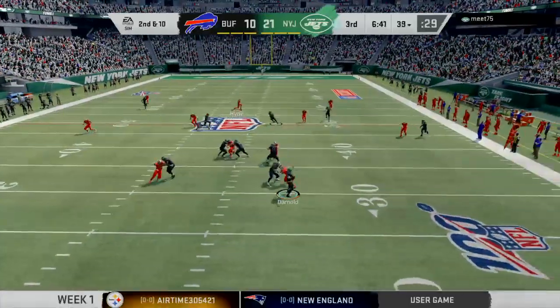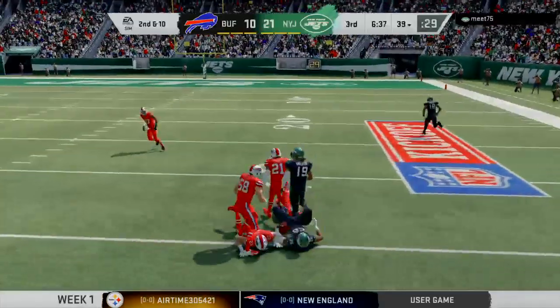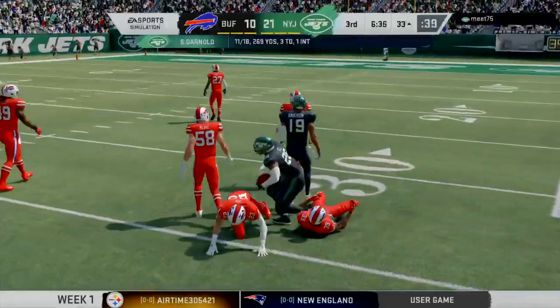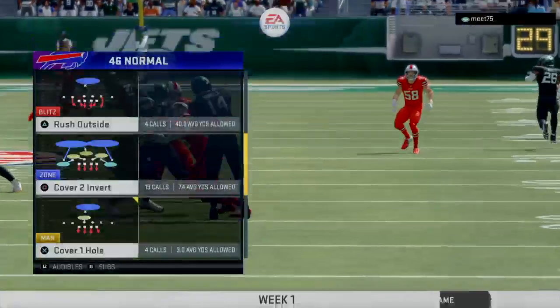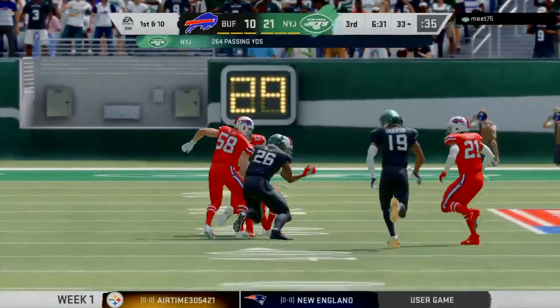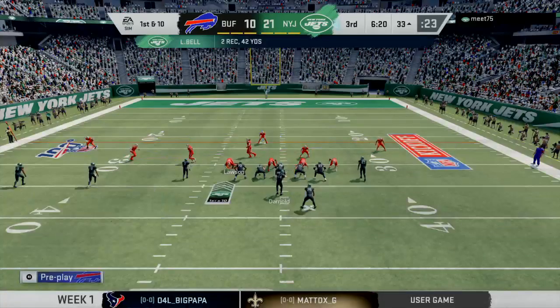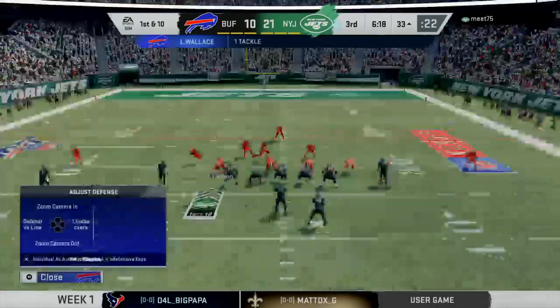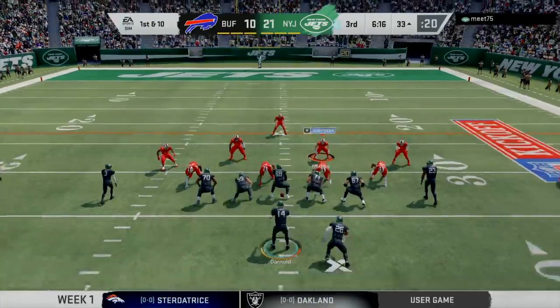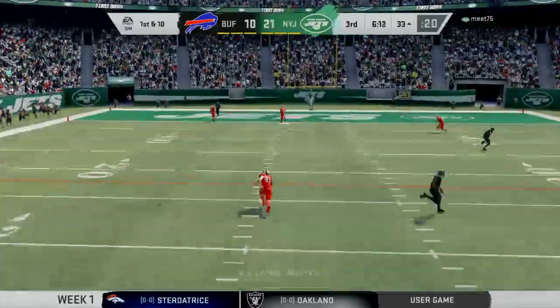Back to throw, Darnold. That's complete. It's Bell. Now he's going to get this all the way down inside the 35. A gain of 28 yards there and give him a first down. And we see another pitch and catch there to the running back. This position just continues to evolve. They become just as critical to the passing attack as a lot of receivers, tight ends, because their ability to make people...